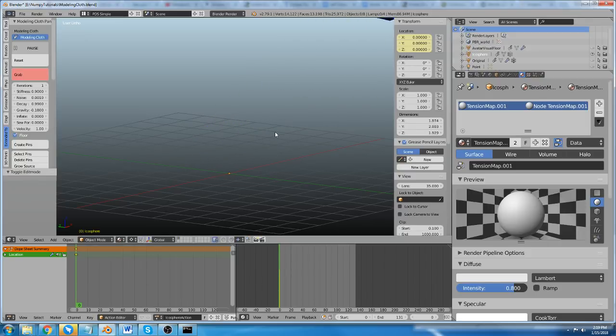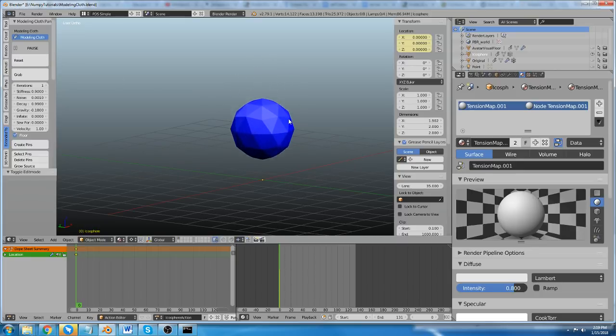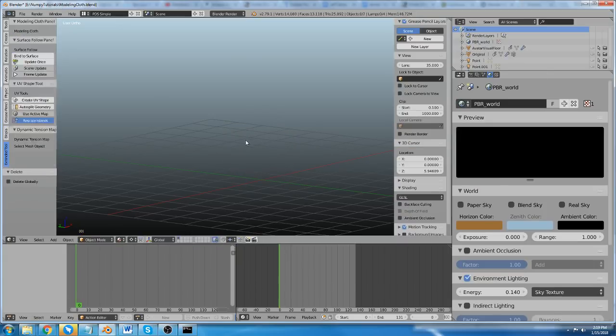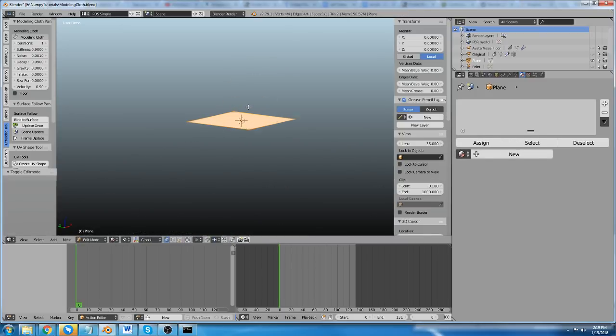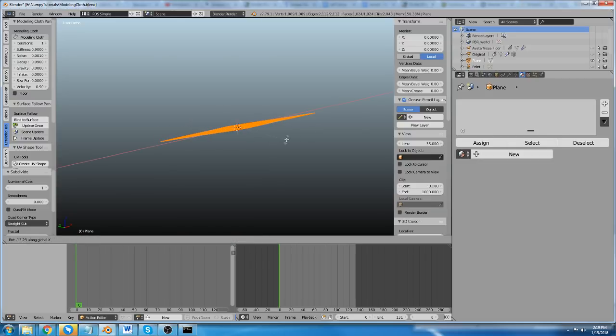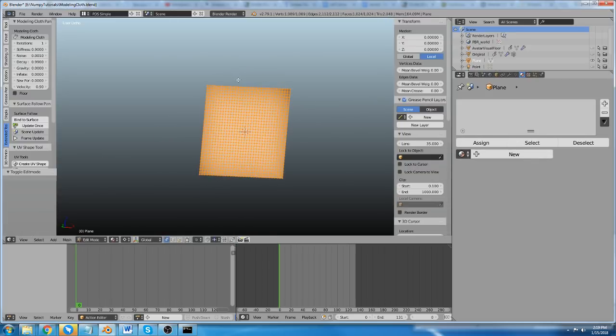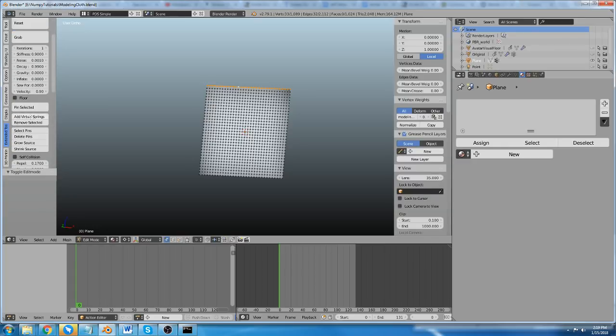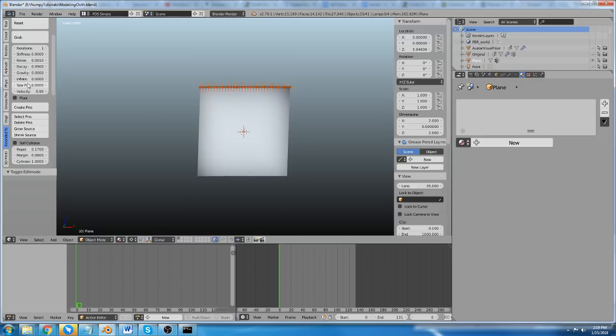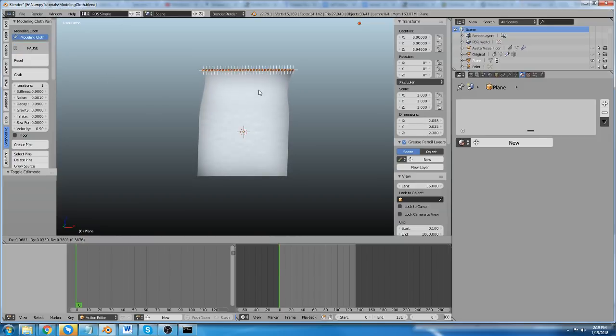I don't know if that showed up. Let me see. But basically any distortion, it's going to show it. And it's hard to see it in this example, so let me just make a new example real quick. Alright, we're going to subdivide this plane a bunch of times, rotate it on the x-axis just for fun, and I'm going to pin these, so pin selected, got all these pins now, turn on modeling cloth,